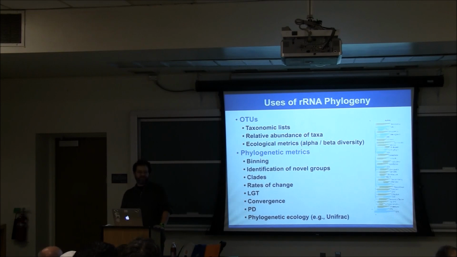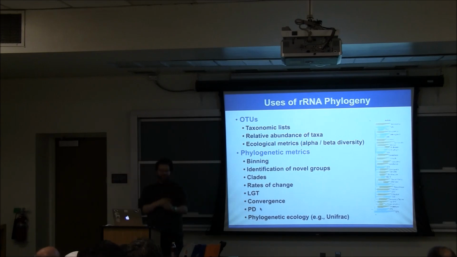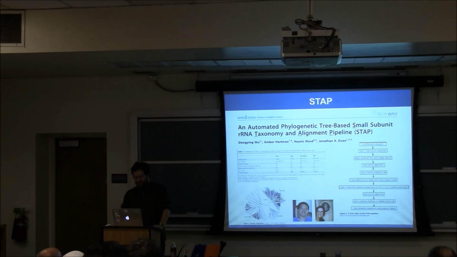People used phylogeny as the way of saying, I have a new sequence, where does it sit relative to other sequences? But you can also use phylogeny to do things like look at rates of change among taxa. You can use phylogenetic diversity metrics to study the ecology of a community. People may be familiar with the tool UniFrac, which is basically a phylogeny-driven method to compare the diversity between two different microbial communities. And what we've been trying to do is layer onto what people are doing other tools to use phylogeny.